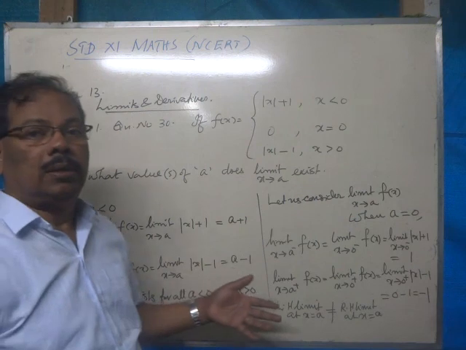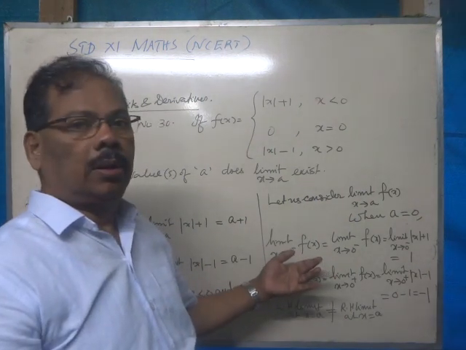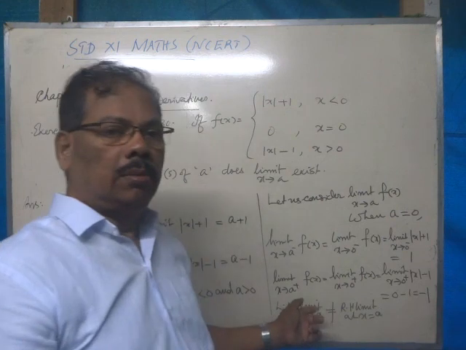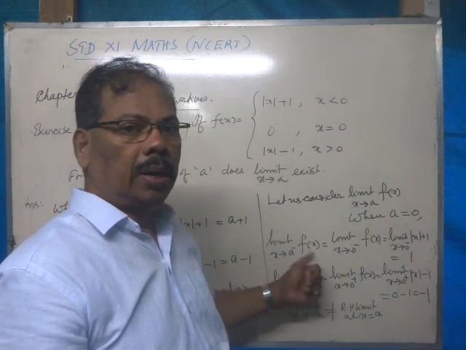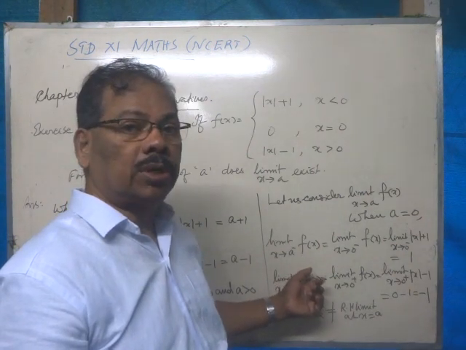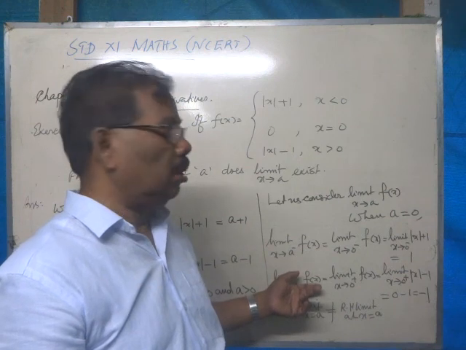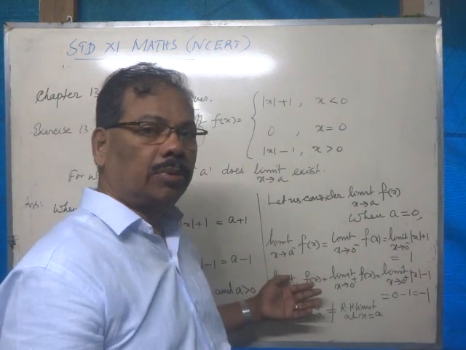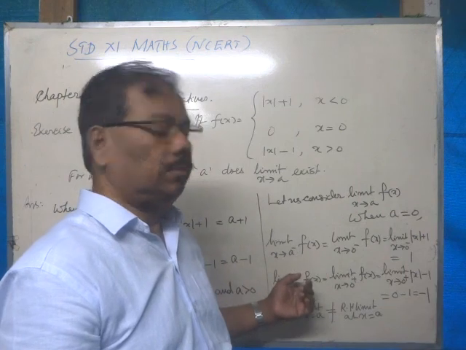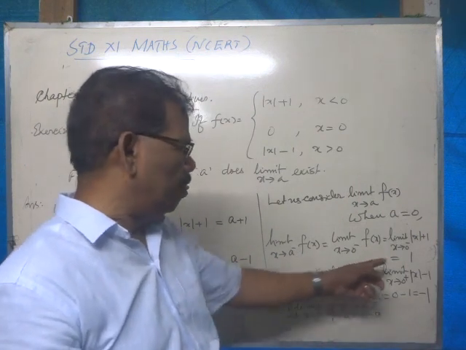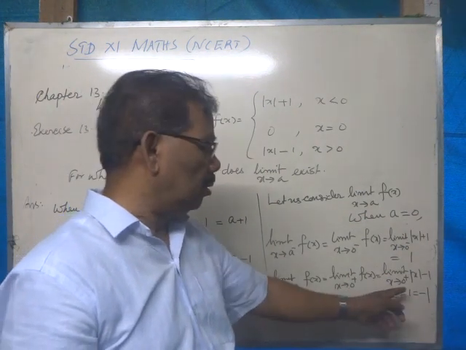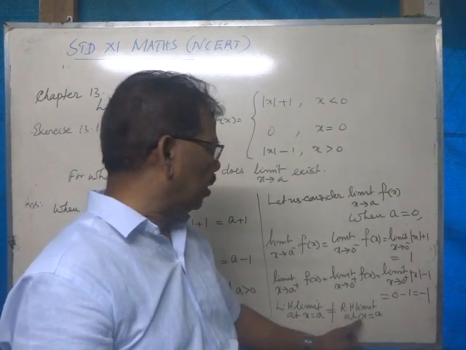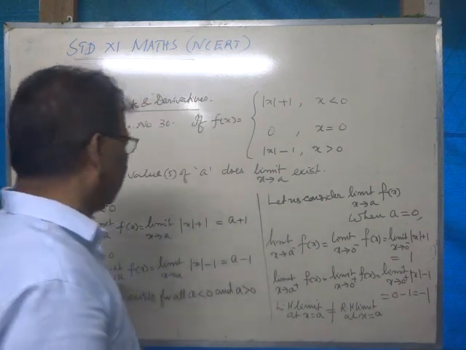You have seen that limit at a equals 0 does not exist. Why? When that number a takes the value 0, limit x tends to 0 minus, that is, when x approaches 0 from left of 0, the answer is 1, and from right of 0, the answer is minus 1. Therefore, LH limit at x equals a not equal to RH limit at x equals a. Therefore, we can conclude that